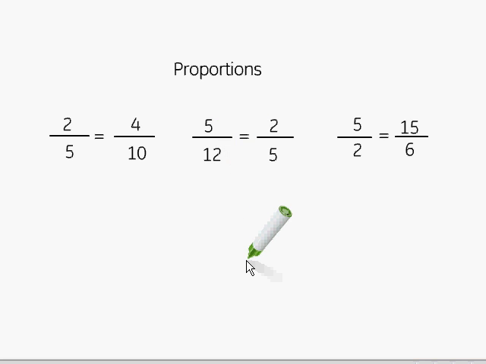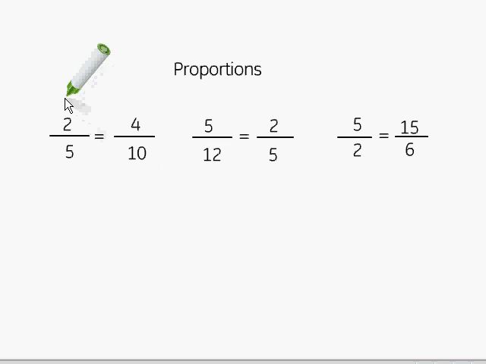Today we are going to talk about proportions. Here we have 3 examples. We're going to decide whether these ratios make proportions or not. A proportion is 2 equivalent ratios, meaning that the 2 ratios have to be equal in order to be a